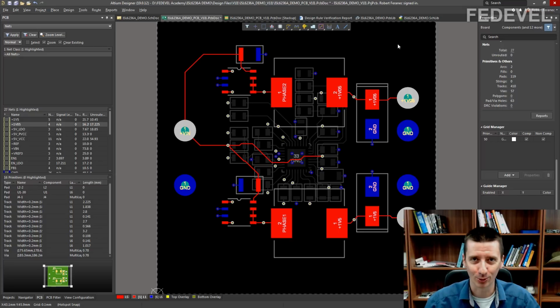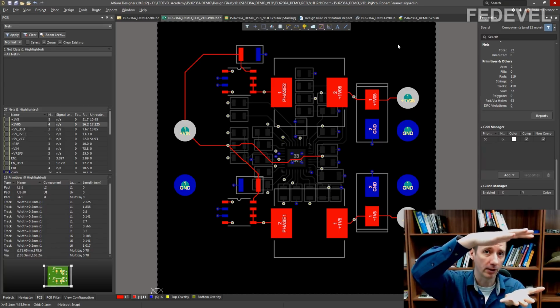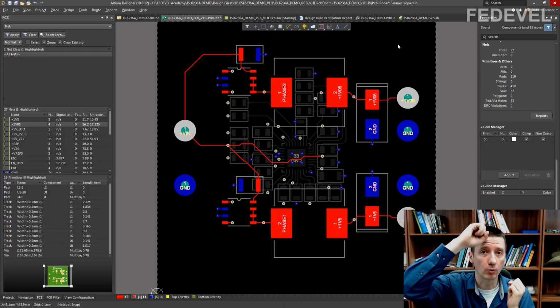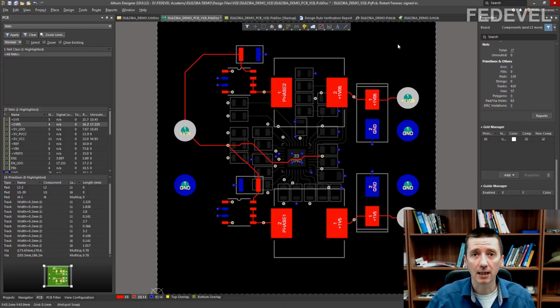What are we going to do now? What would you do? We have routed the connections on the bottom side of our PCB. We routed the connections on the top side of our PCB. We are going to continue in the middle of our PCB.